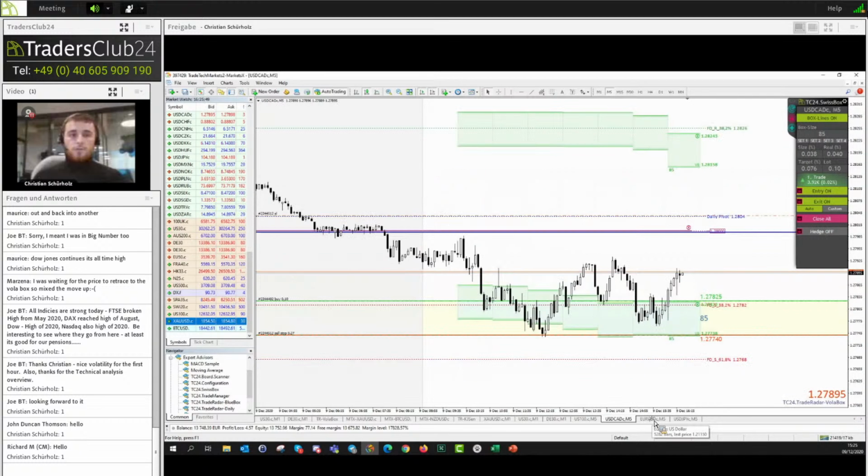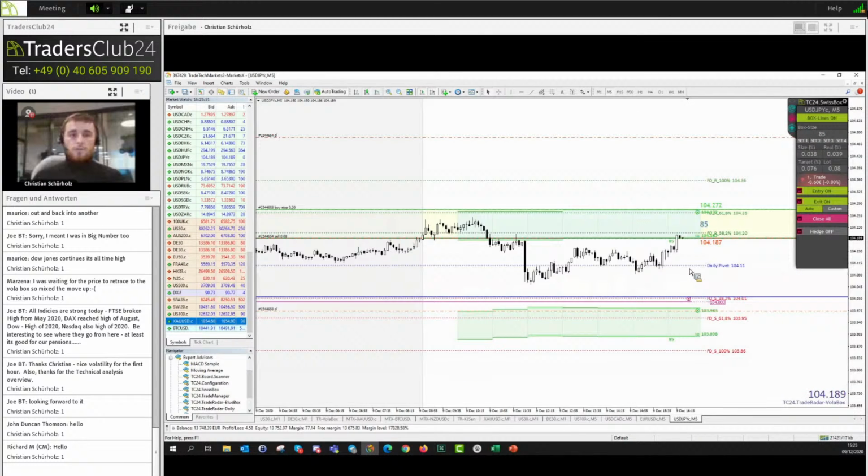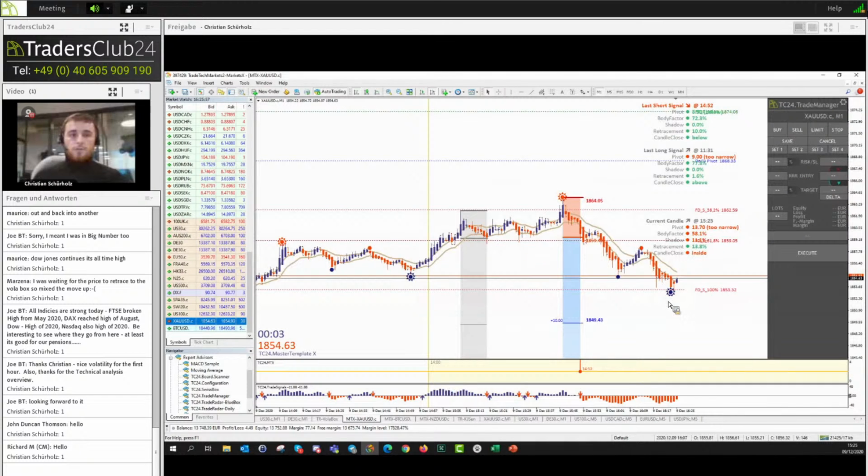Take a look back through the charts. So first trade activated here. MasterTemplate X was still growing for that candle. So this could potentially be the signal candle here. We've got a flat bottom. It's still within these two brown borderlines. So if we get a little jump on this,